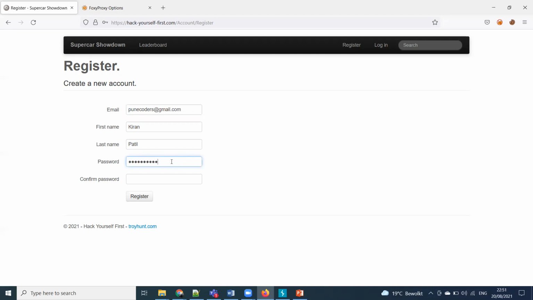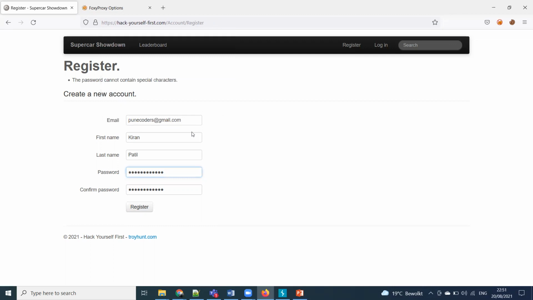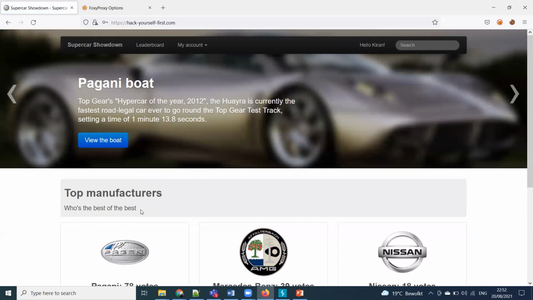I will give password at the rate 123. Okay, and register yourself. Okay, password cannot have special characters. Fine, I will go with a simple password then. Kiran 123. Okay, register. Let's see if it is allowed. Yeah, it's allowed.